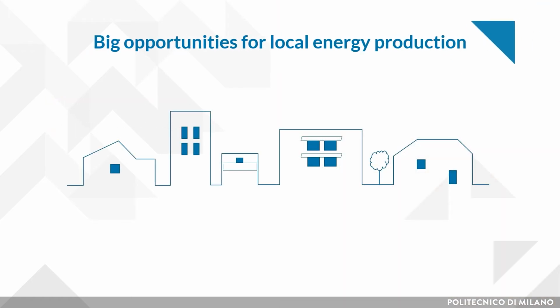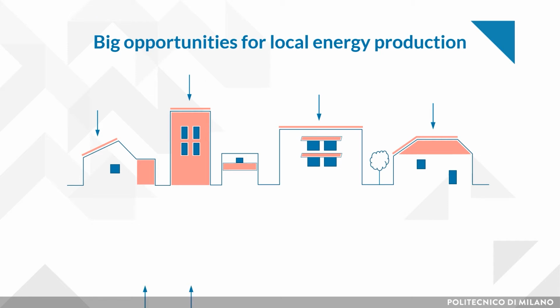As you can see, looking at common urban contexts, buildings offer large surfaces for photovoltaic integration, and these mean big opportunities for the local energy production. How can we integrate PV into the buildings? We can use both the roof and the facade, with PV accessible or not accessible from within the building. We can also use other parts of the building, external to the envelope. Some examples are balconies, shading devices like overhangs, and so on.